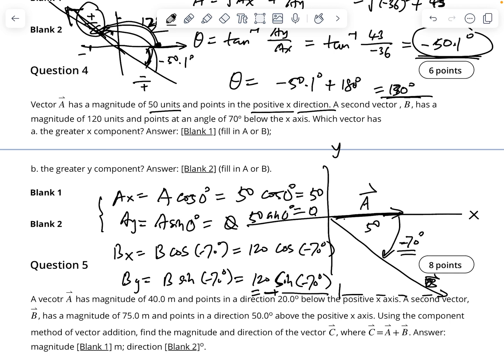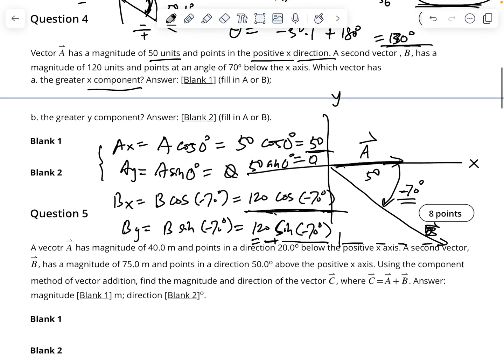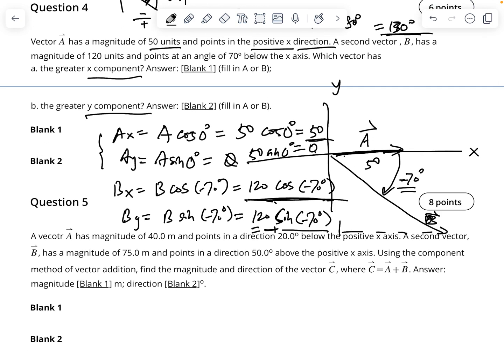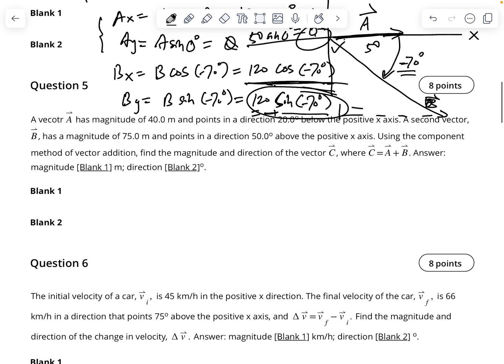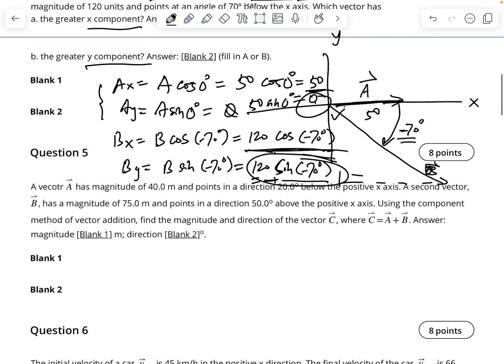So compare which one has a bigger x component. You have to compare this one and this one. Which one is bigger? And which is greater in y components? Well, AY is 0, and BY is negative. So this is bigger. This is greater. Okay, so just make it a direct comparison. All right, so that is